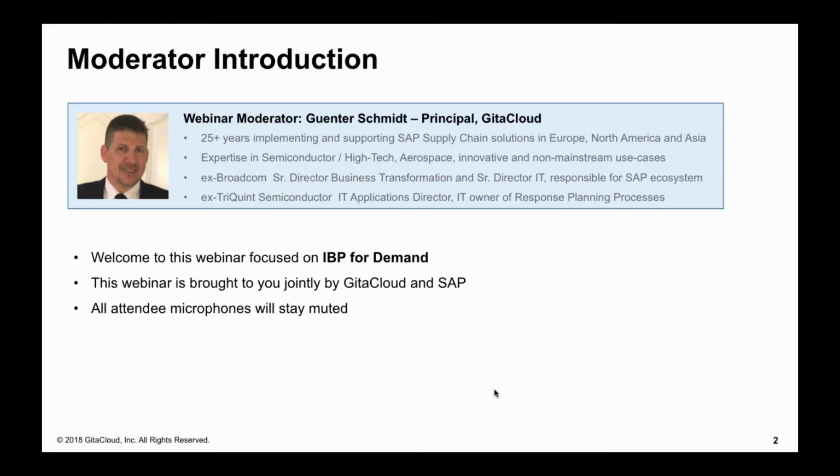We're pleased to present the SAP IBP for demand solution today that is at the leading edge of enabling demand sensing and shaping capabilities. We will focus on new capabilities in 1802 IBP demand, like the ARIMA model, lag-based snapshots, and retail POS-based demand sensing, among others, in our GitaCloud system demo. So please kick back and enjoy.